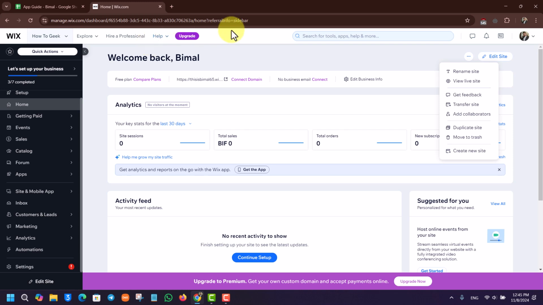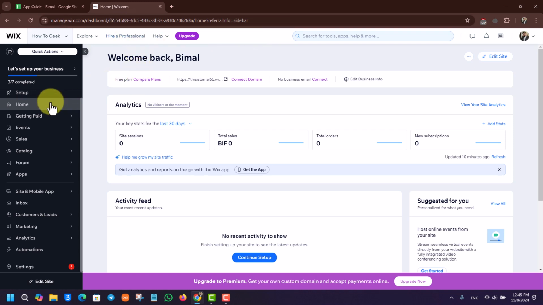Now, there are namely three steps that you can do to change the domain. First, you need to own the domain that you're trying to change to. You need to paste the domain and you need to copy and paste the name service to point that domain to your new website. In order to do that, once we're on the dashboard, right on the homepage, you'll find